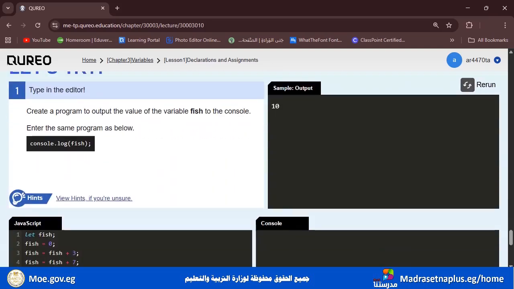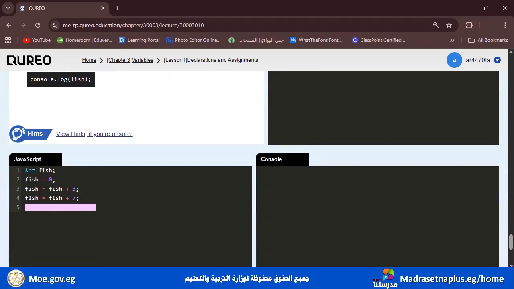Look here. Create a program to output the value of the variable fish to the console. Enter the same program as below. Okay. So here we have let fish. Okay. Fish equals 0, or fish assigned with 0. Fish here equals fish plus 3. And fish here, okay, equals fish plus 7. So we will write here the ending, the program console